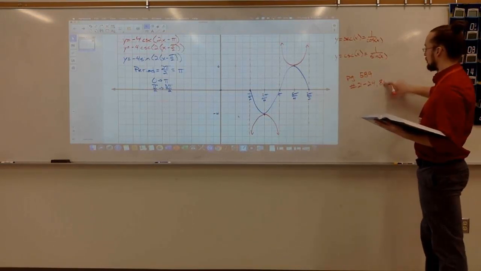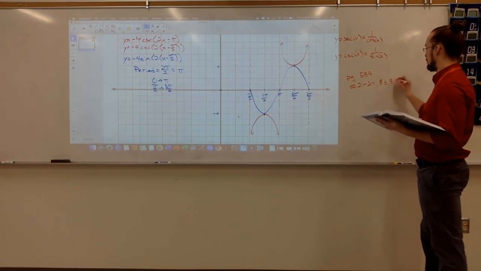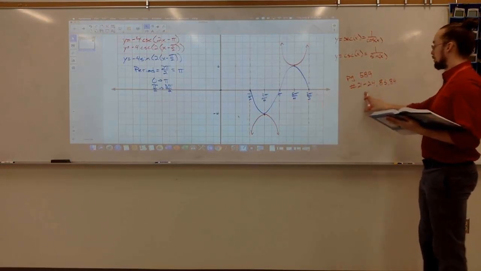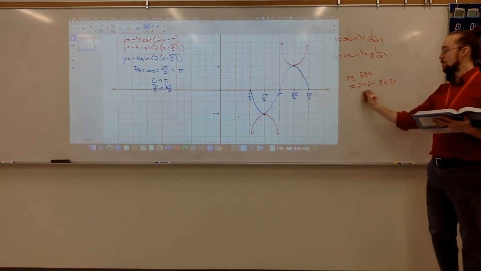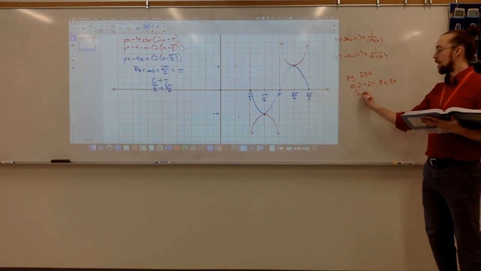So it's 83. All right, so the directions for these don't say to graph, but graph these ones as